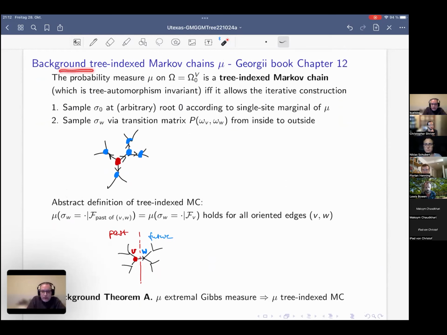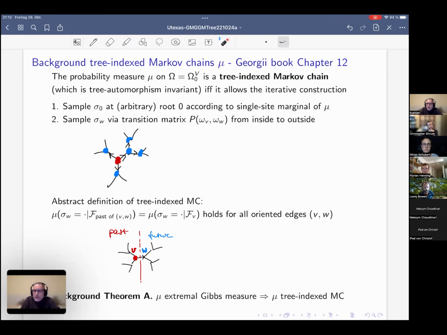trees. Namely, there's a very nice notion which plays a huge role here about tree indexed Markov chains. So okay, we now know what is a Gibbs measure if you have such an omega matrix. And so what is the tree indexed Markov chain? Everybody knows Markov chains in discrete time if you have integers. And so on the tree, intuitively it means the following. So a measure is a tree indexed Markov chain if the following is true. So we single out a vertex. Let's assume that this measure looks the same from every vertex. So it's invariant under tree automorphisms.